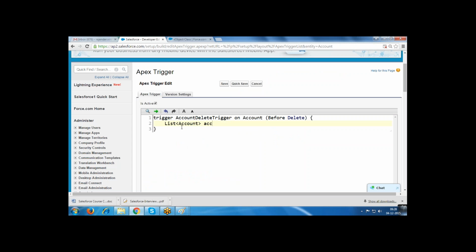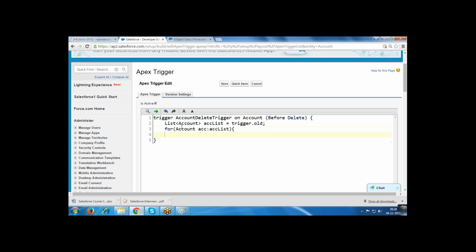Now accList equal to Trigger.old. In Trigger.old, the account record value is available. That account record value we are getting and storing into one local variable, accList. From the accList, that record we are getting. How to read the record? For loop: for (Account acc : accList).